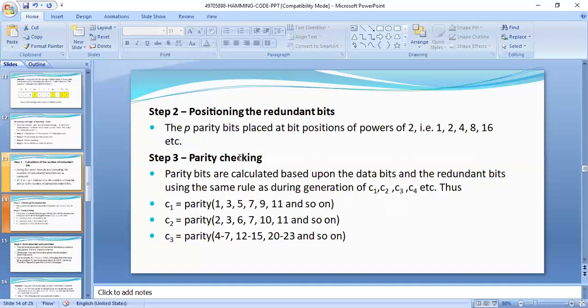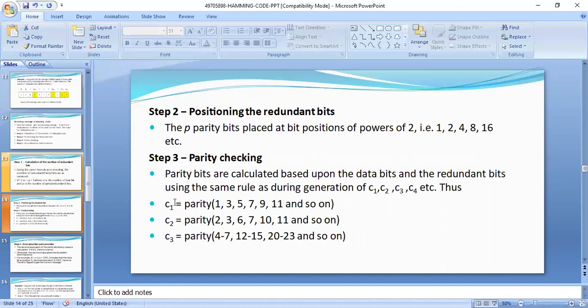In the encoding process, we excluded the parity bit positions to calculate the parity values. But in the decoding process, we include the parity bit positions that were excluded in the encoding process, to detect and correct the errors.